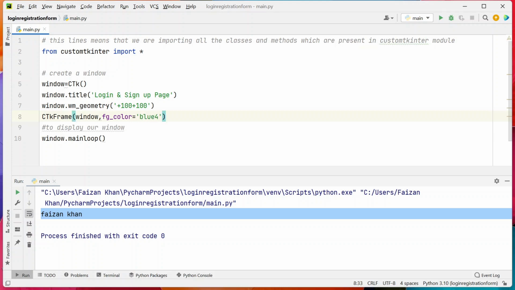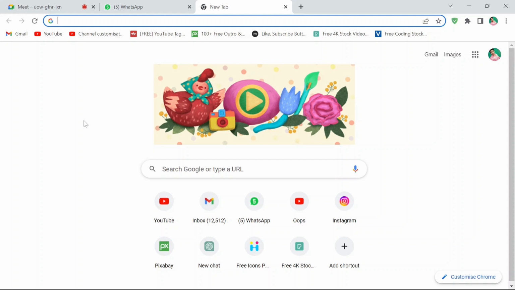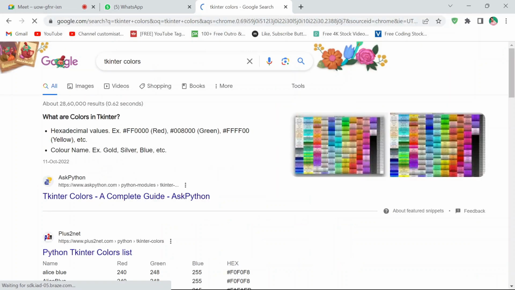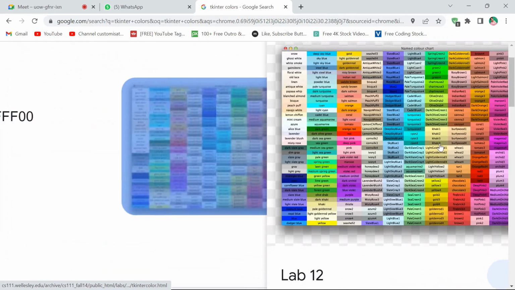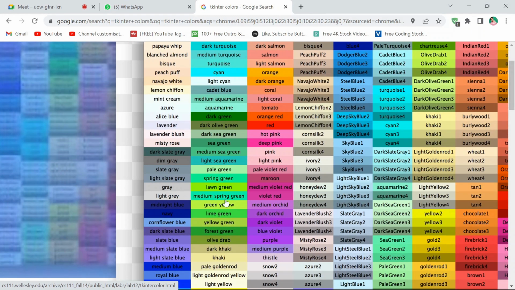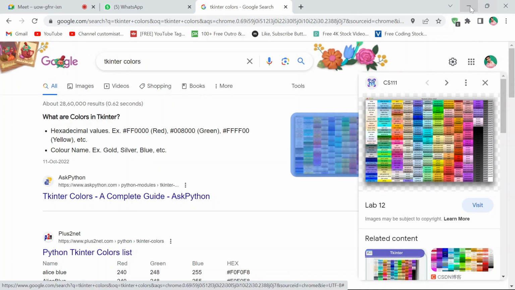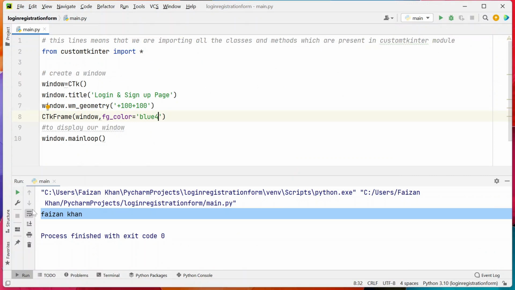So from where I got this color name? So you can simply go to Google and here you can type for Tkinter colors, and from here you can open any one of these images or you can download these images. You can simply zoom in. Okay, so here you can see the different colors that you can use while creating the GUI. Okay, so these are all the colors that you can use. So it's up to you which color you choose. So from here, if you see, this is blue 4 color that I have used, blue 4. Okay, I hope this is clear. So you can save this image. Okay, so now if I'll run it,